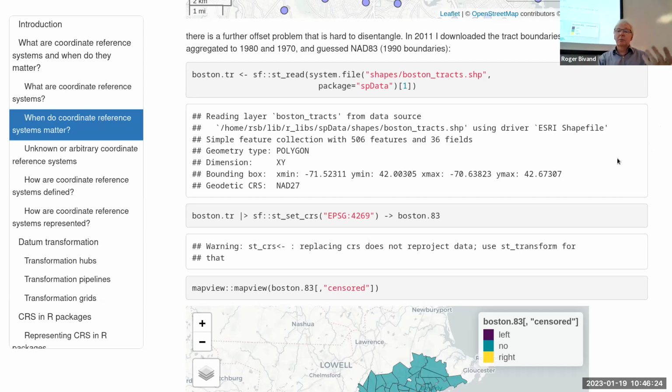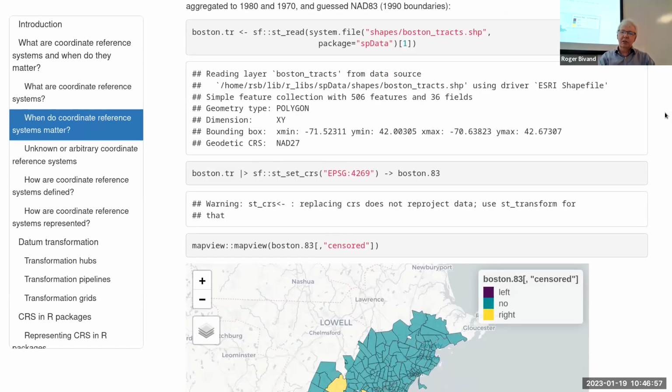So the data set as we provide it in the SP data package has NAD 27, which I'll demonstrate shortly, because the 1990 census boundaries appear to be in NAD 27, not in NAD 83, even though they were produced after NAD 83 was available. And probably for backwards compatibility, so they wanted not to mess up work which people had done before. But if you go to NAD 83,